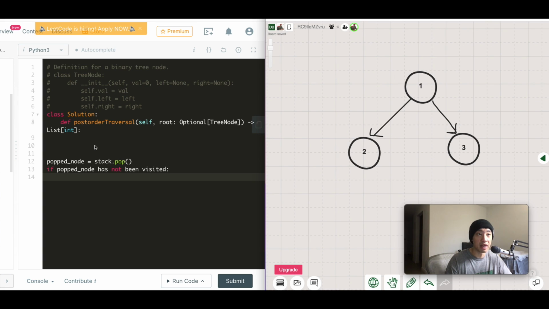in this case, it means that it could potentially be an element that we add to our results. So in what case do we add an element to our results? Well, to add an element to our results, the following have to be true. The node has to not have any children, right? If pop node does not have any children, which is basically a leaf node,